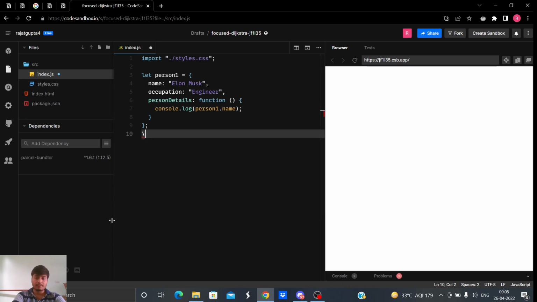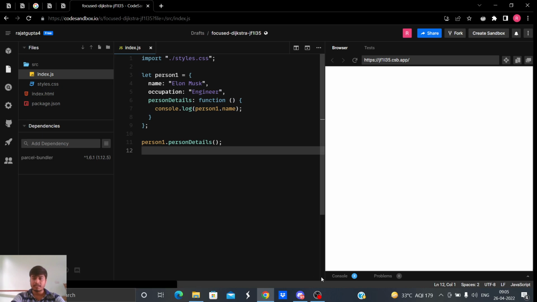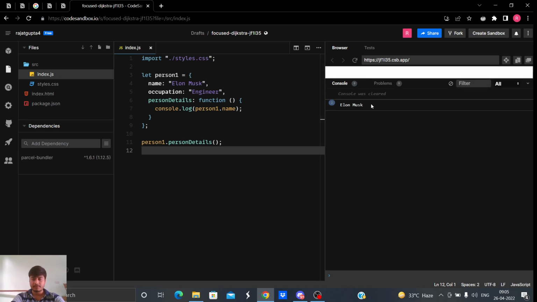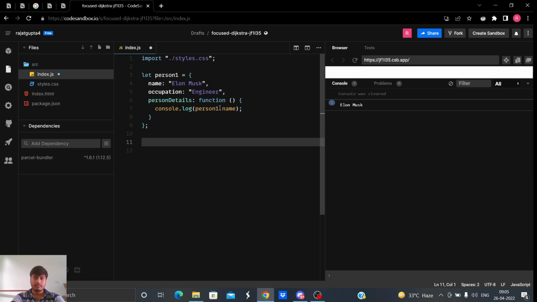So let's call person1 dot person details and see if we get the name. Yes, we are getting the name Elon Musk here. Now there is one more way to do it.